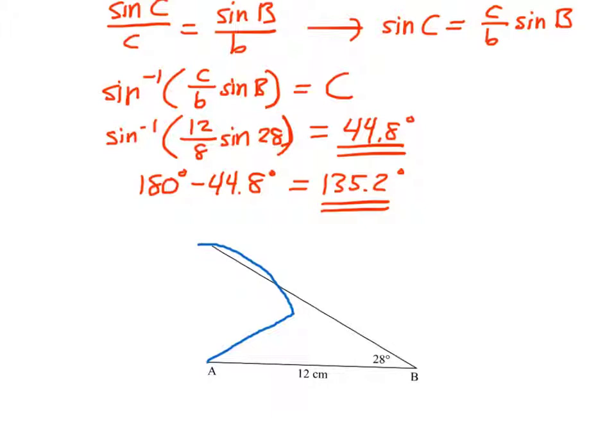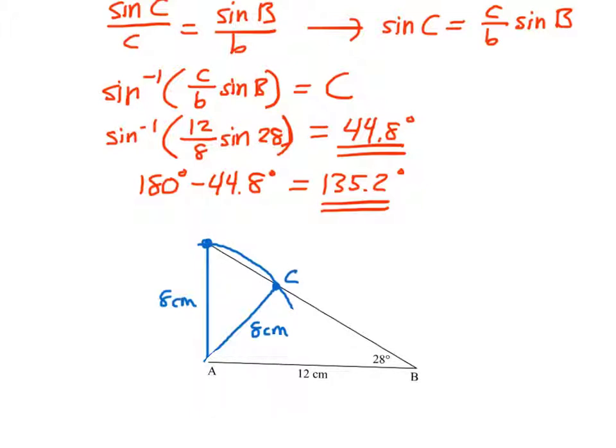Imagine I had a compass of 8 centimeters. And so what I have, and I'm going to erase a line here, are two lines that are both 8 centimeters long that intersect the side BC